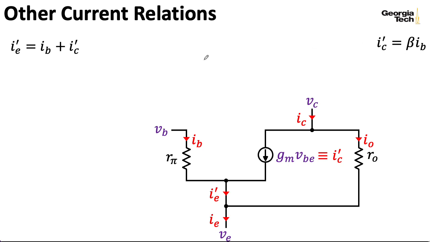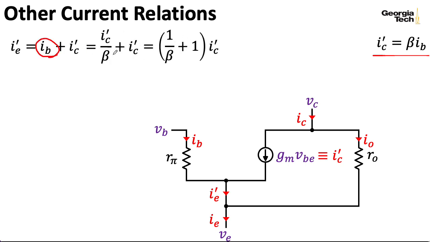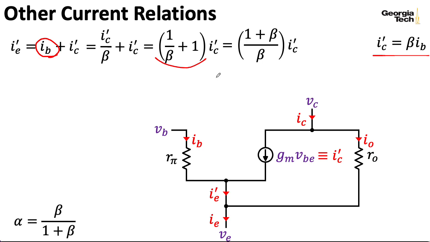That's something we just figured out on the previous slide. So I can divide both sides of this expression by beta and replace the IB here with IC prime over beta. So let's just write that as 1 over beta plus 1 times IC prime. And let's rewrite the expression in the parentheses here as 1 plus beta over beta. And recall that we defined this alpha quantity previously that's beta over 1 plus beta. So I can say that IE prime is equal to IC prime divided by alpha, or IC prime equals alpha